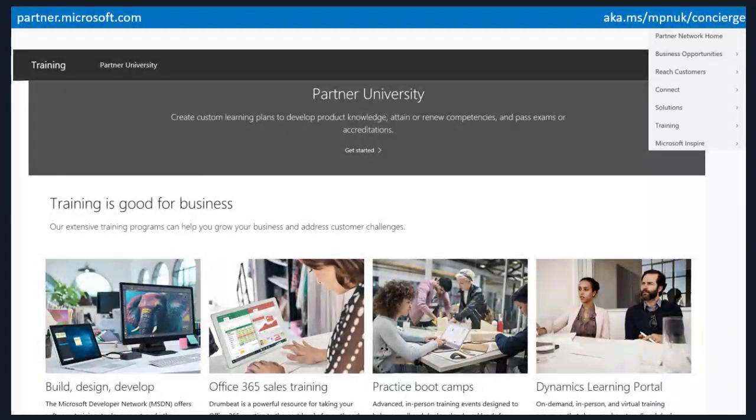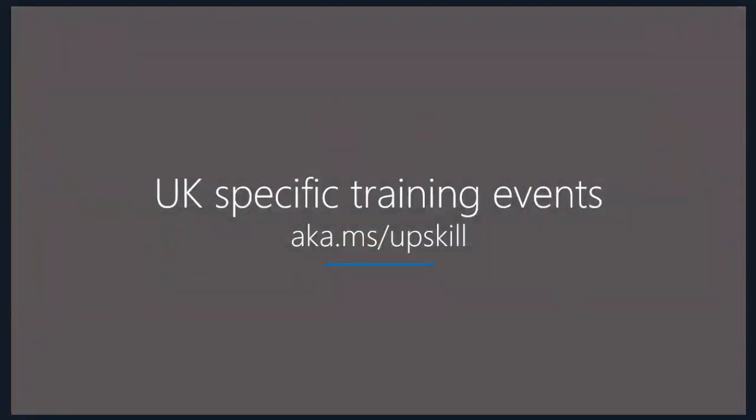So moving on to training, here you can get access to Partner University, which allows you to create custom learning plans to develop product knowledge, attain or renew competencies, or pass exams and accreditations. And as I mentioned earlier in this session, we do have a UK-specific training site, which has all of our UK in-person and online training events and resources. And this site also links through to Partner University. So I definitely recommend bookmarking this and using that as your one-stop shop for all training so that you get UK-specific content. And that site is called UK Partner Upskill, which is where we've mentioned that our MPN 101 series is hosted. So you can access it through the link on this slide,